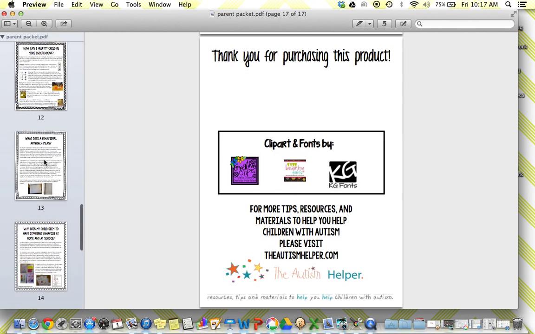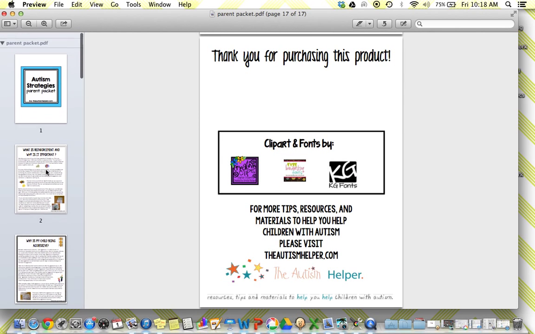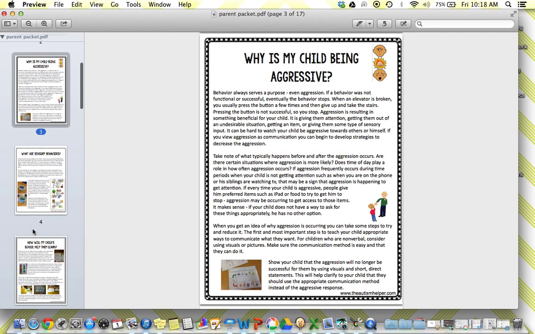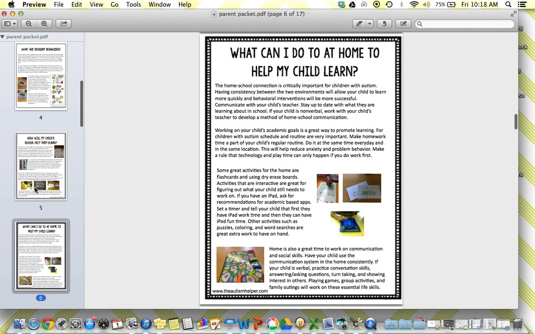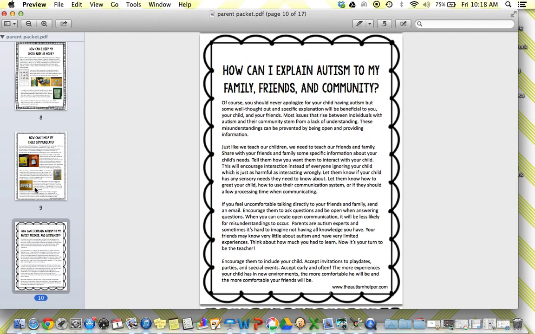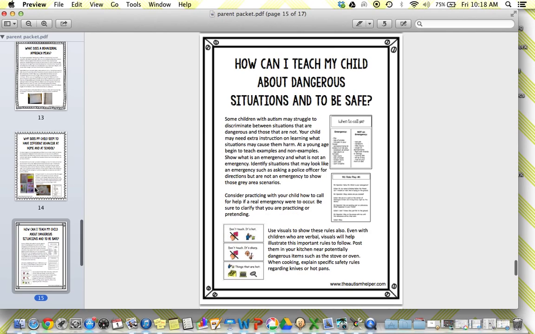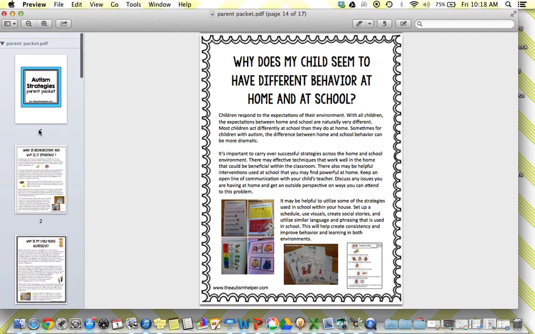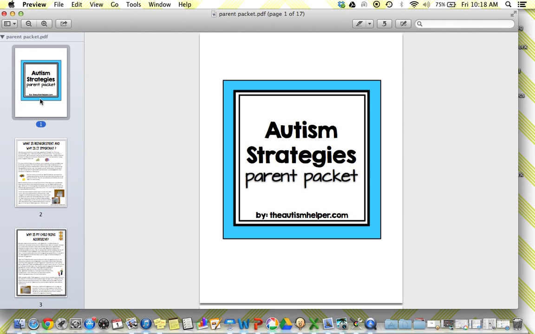So again, there's 15 different interactive handouts. They're all written in easy to understand language with the use of visuals and examples and in a non-confrontational way. The theme of this packet is opening the lines of communication and sharing information, getting everyone on the same page. So this is a really great packet to use throughout the year, maybe send a few pages home in the start, and utilize it as a resource. Sometimes it's nicer when things are written on paper and you don't necessarily have to be the one feeling like you have to explain everything.